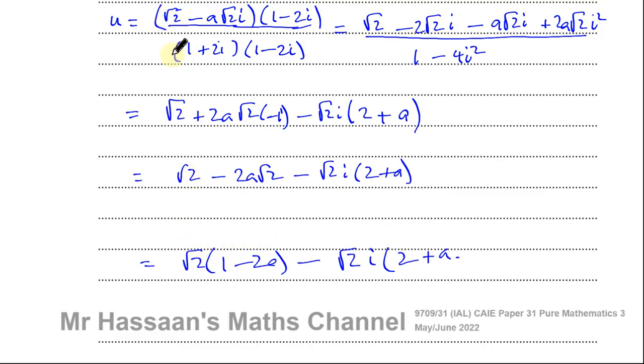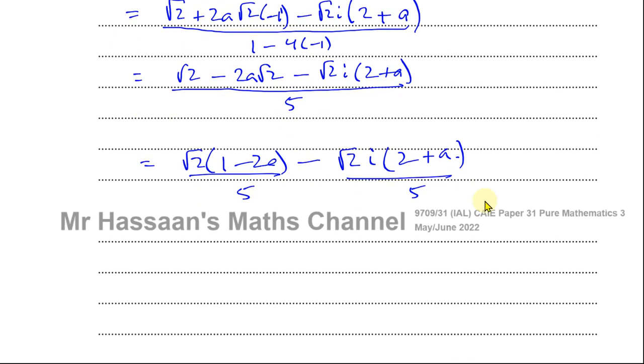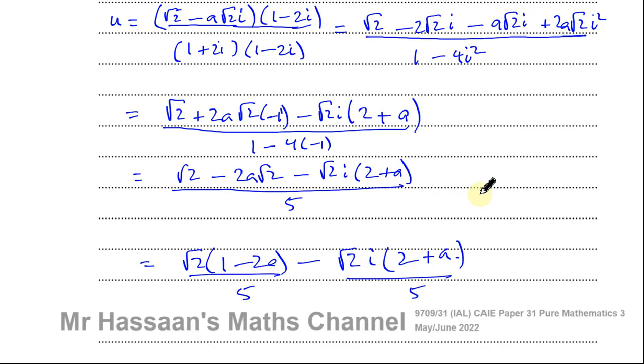Okay, so this should be over, of course, 1 minus 4 times minus 1, which is going to be 1 plus 4, which is 5. So I can write these as separate denominators over 5. Okay, so now I've basically got what I wanted. I've got them as two separate terms,